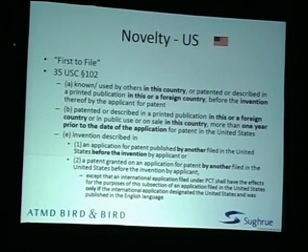What does first to invent mean? It means we go before the filing date of the patent application. We go all the way back through all the notes the inventor made, all the correspondence between the attorneys and the inventors and the company. There's even a famous case where somebody was sitting in a restaurant and wrote their invention on a napkin, and that evidence was used in court to establish the date of the invention. So that is the date that is the basis for novelty in the United States.